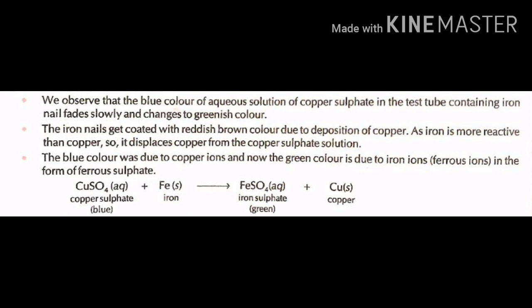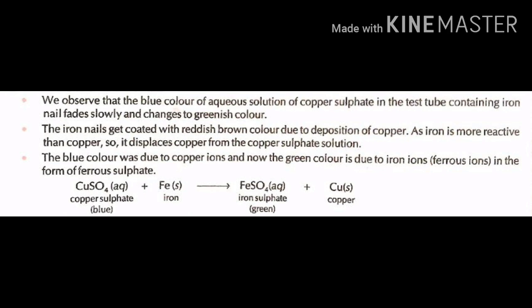The equation for this reaction is CuSO4 aqueous plus Fe solid gives FeSO4 aqueous plus Cu solid. This activity shows that iron is more reactive than copper, so it can displace copper from its aqueous